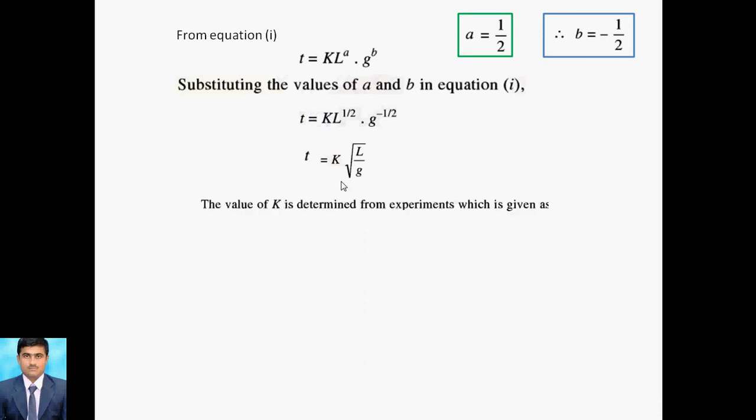So this is about the equation, and therefore k is a constant determined from experiments, and experimentally k is equal to 2 pi. So you can put k is equal to 2 pi, and then the equation becomes t is equal to 2 pi square root of L upon g. So here t is the variable and dependent on L and g, where L is length and g is acceleration due to gravity. So this is the